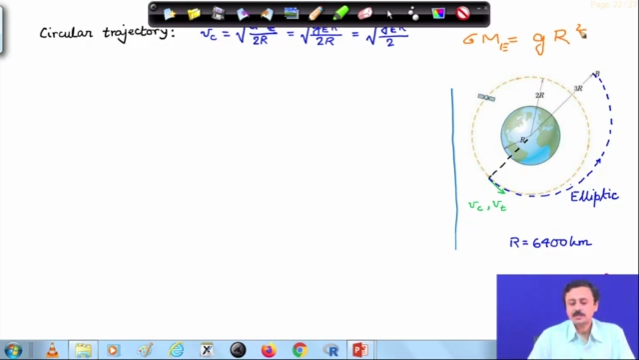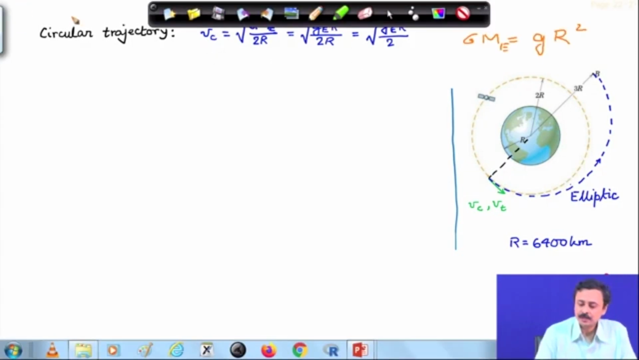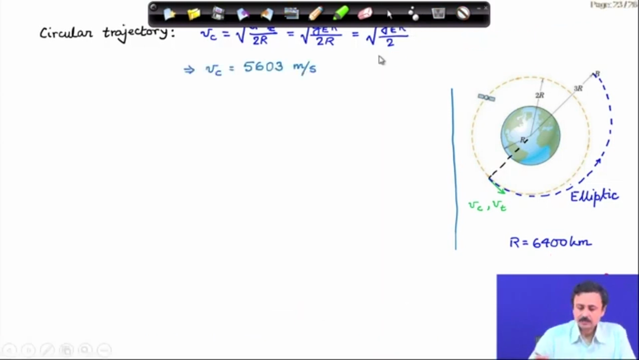Okay, so, G times mass of earth is the acceleration due to gravity on the surface of the earth times R square, the radius of the earth square. Using this relation, I have the velocity on the circular path, the speed on the circular path, which is called the orbital speed, as this, and if you calculate this,